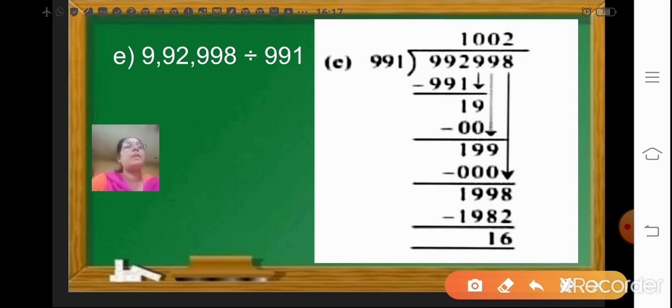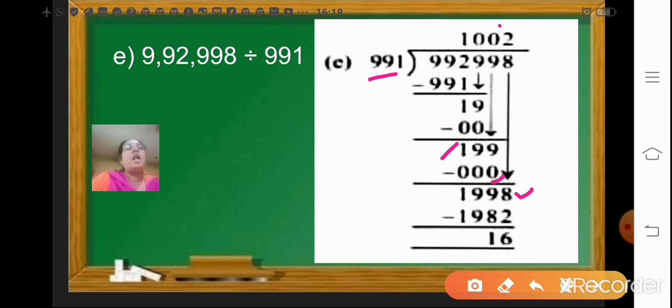So your number has become 199. Again 199 is smaller than 991. So again you will put a 0 to your quotient, that is you will add a 0 here. After adding 0, again you will bring the next number, that is 8, down. Now your number has become